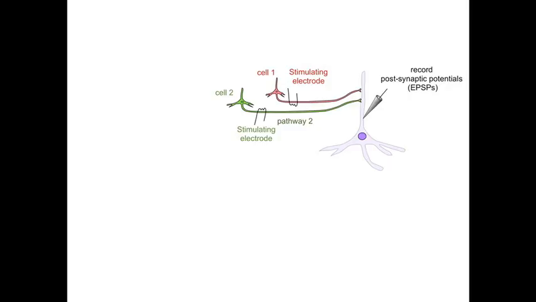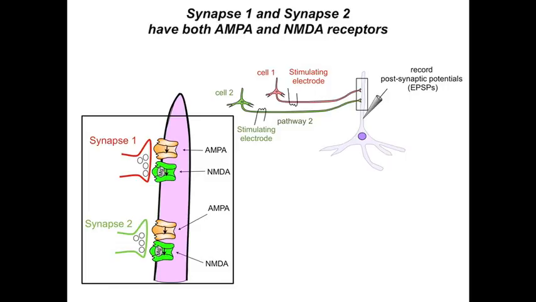The strengthening of the synapse that cell 1 makes with its postsynaptic target is due to the presence of NMDA receptors. As shown in the figure in the lower left, the synapses made by cell 1 and cell 2 have both AMPA and NMDA receptors. The critical feature is that the strong tetanic stimulation of cell 1 opened both the AMPA and the NMDA receptors at the synapse, which in turn allowed for a large influx of calcium through the NMDA receptors. The calcium in turn triggered a set of events which then strengthened the synapse in ways that are described in this and in the next movie.